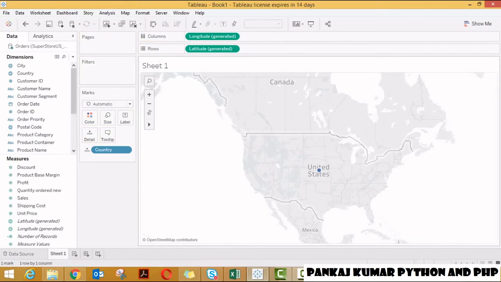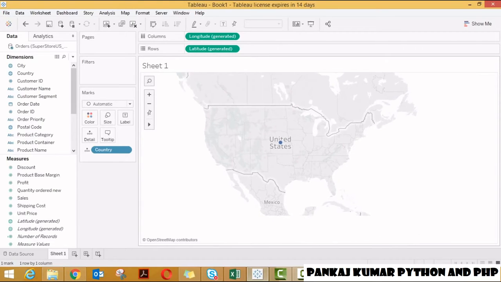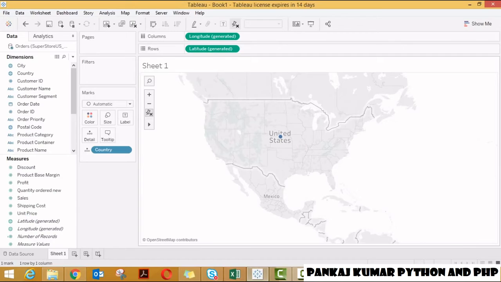So guys, look at this. This is the power of Tableau. Tableau will internally identify that this variable belongs to a geographic location, so it will automatically invoke the suitable plot from the list of plots. I have imported the country, which contains only one category, US, because this data belongs to only the US. So now I got a plot of the United States. Let me just select this. This is my United States plot.